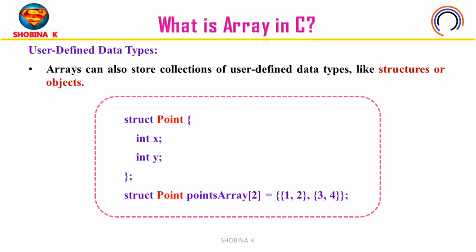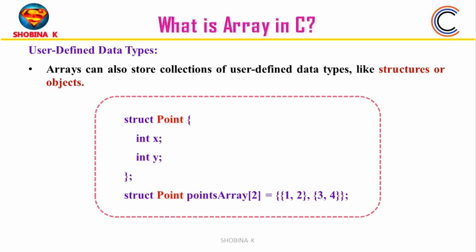So pointsArray[0] is initialized with 1, 2. The first element of pointsArray has x equals 1 and y equals 2. pointsArray[1] is initialized with 3, 4. The second element of pointsArray has x equals 3 and y equals 4. X represents the horizontal coordinate and y represents the vertical coordinate. So the code is essentially creating and representing two points in two-dimensional space, each defined by integer values for x